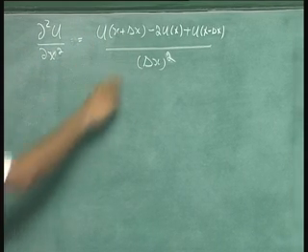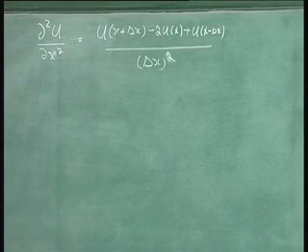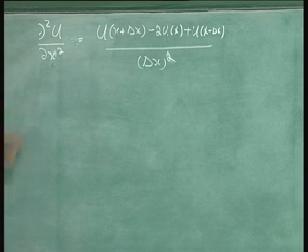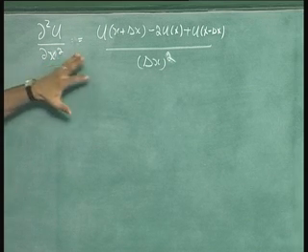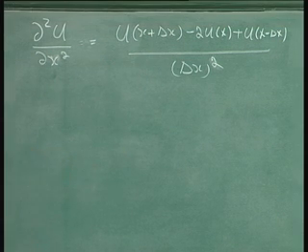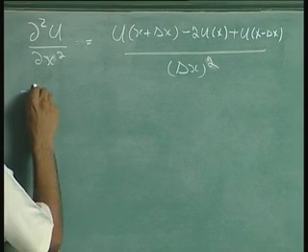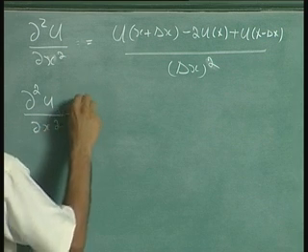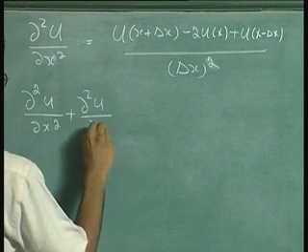Okay, now this is a symmetric difference equation for the second derivative. So similarly you can write for y also and replace it in our Laplace's equation. So our Laplace's equation, which was del squared u by del x squared plus del squared u by del y squared,